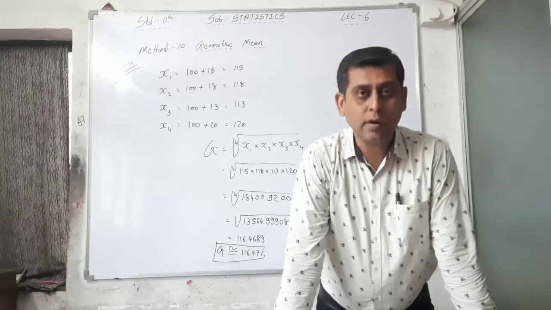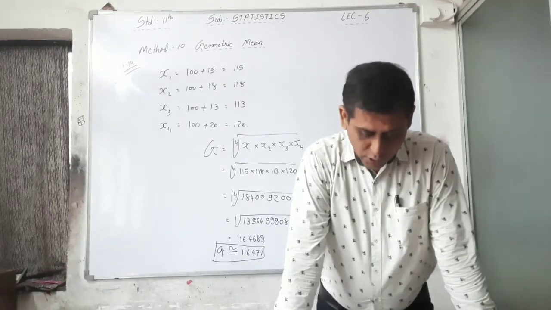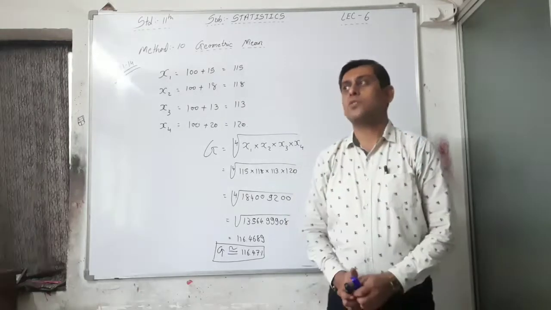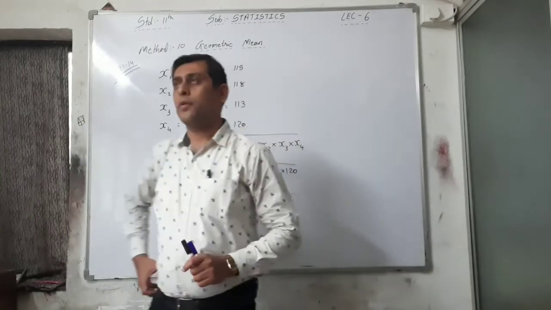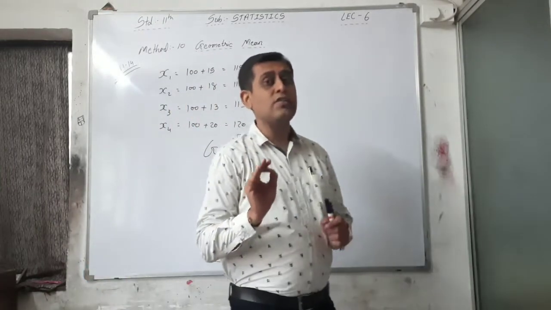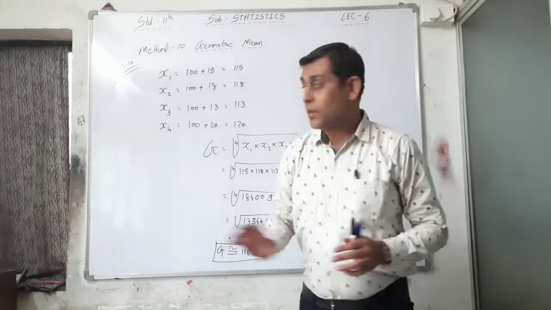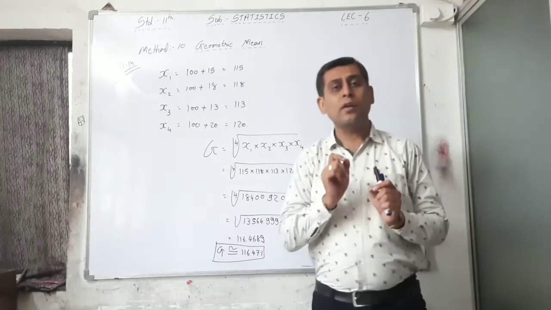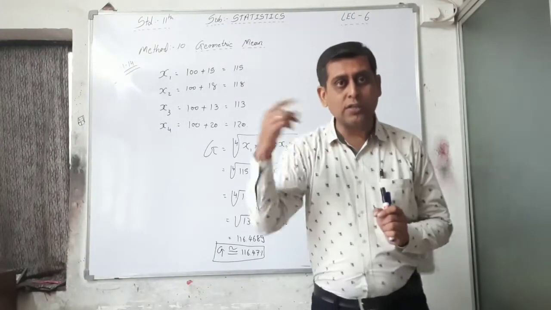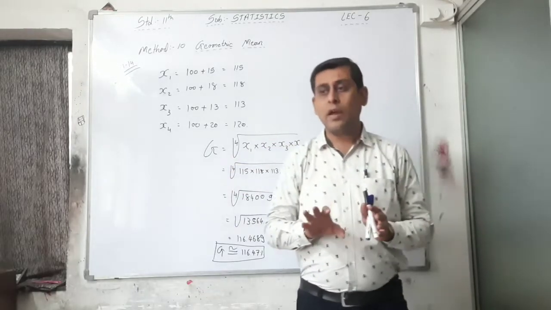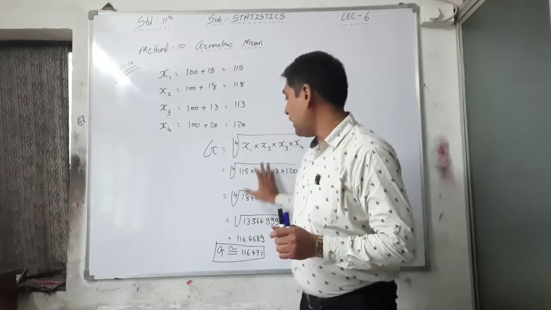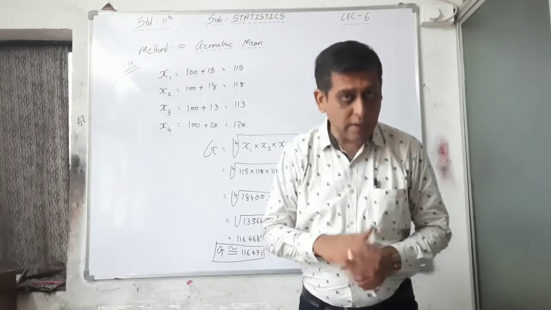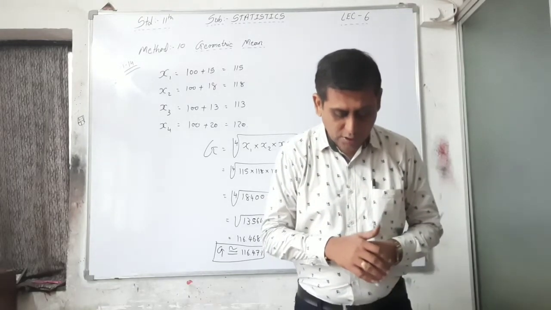Now example number 15. I am reading that the geometric mean of 2 numbers is 2. See here, I told you in my last lecture, the method is always one, but the style of the question will change each and every time. See here the first method, method number 10, and the first style to ask is simple, that percentage increase or percentage decrease is given, and here you have to write it this way. But now the style is changed, now the question is changed. I am reading and explaining that particular illustration, that is illustration number 15.